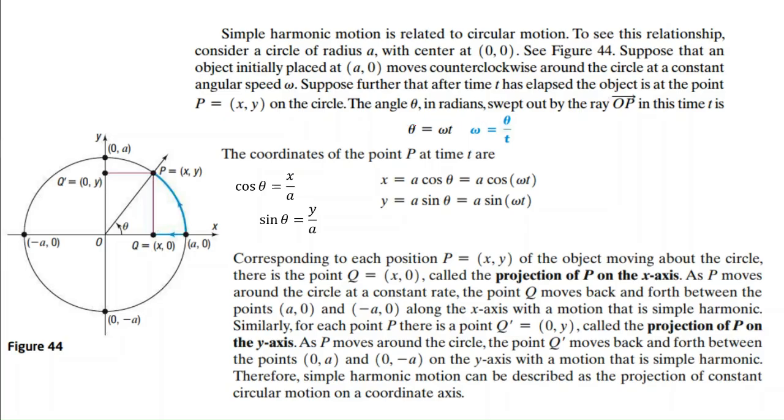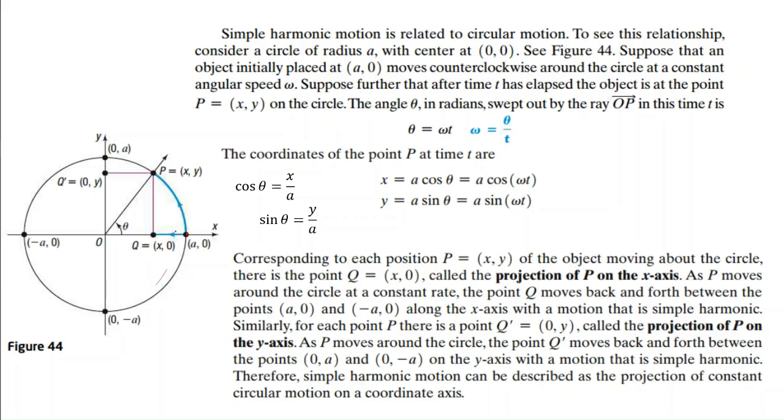And so if theta is equal to the speed times the time, of course at time 0 it's going to start right here at 0, but then as time goes by it's going to sweep the angle out all the